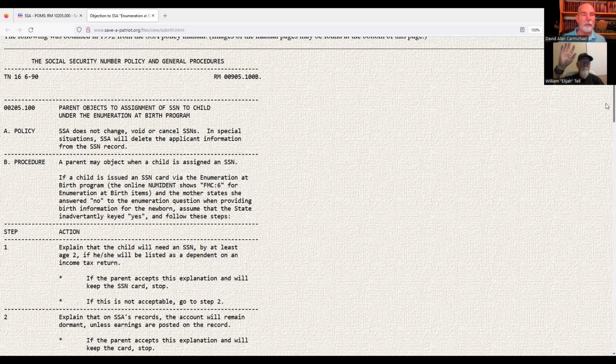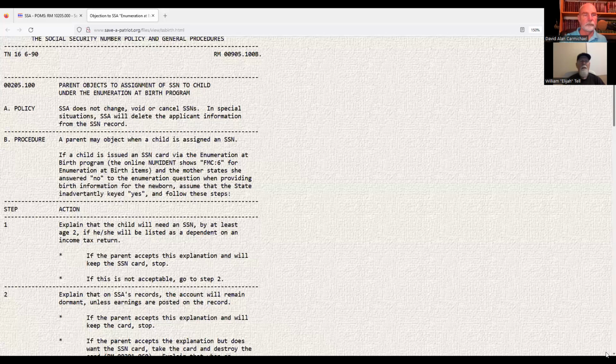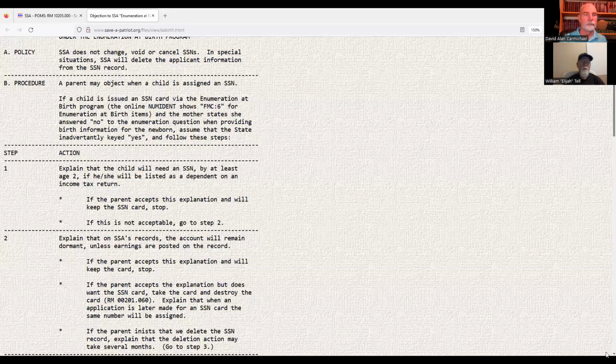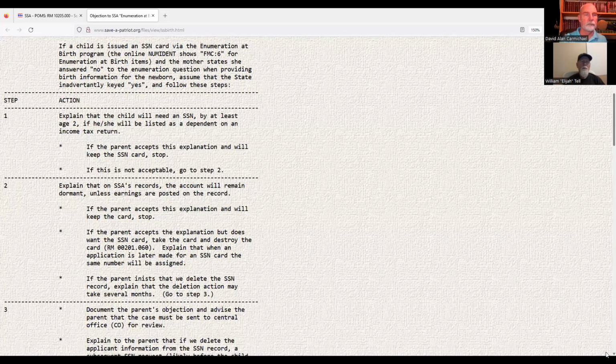Now, procedure, a parent may object when a child is assigned an SSN. Comment. Right? Yeah, what were you going to say? Yeah, before you go any further, this is something I think that's critical to mention and make an issue out of for our listeners, because this applies not only to the process you're discussing right now, but it applies to each and every time you deal with government at any level ever, no matter what it is.